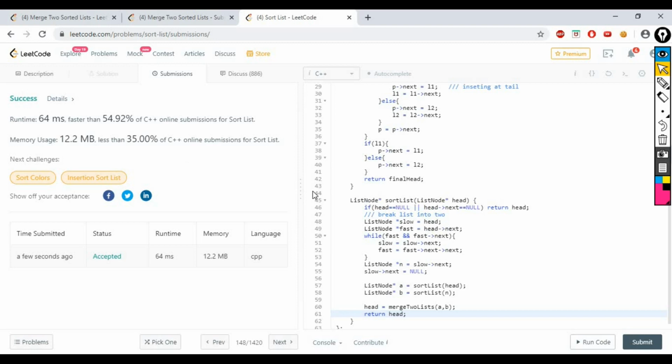Okay, so basically our code is working. Now what is the time complexity of our function? Since we are using merge sort, the time complexity is n log n. Okay, so the time complexity is n log n. Now if you want, what you can do,